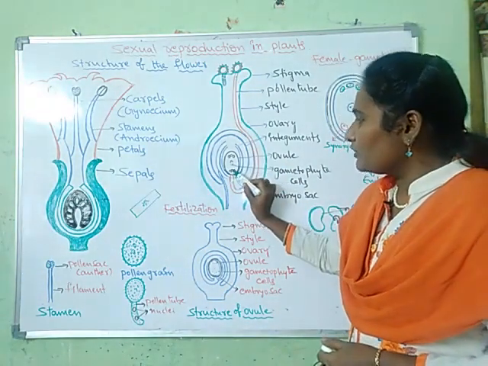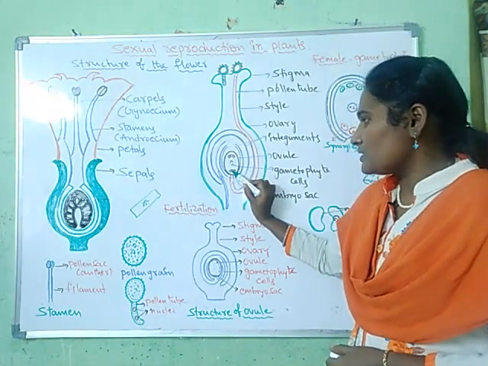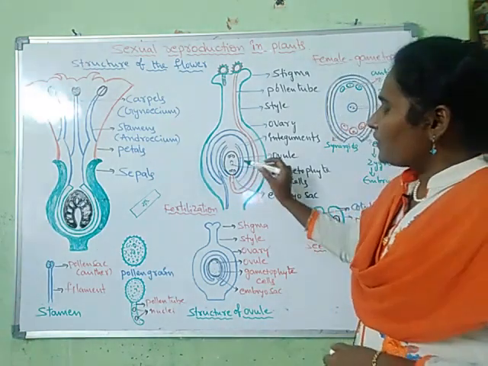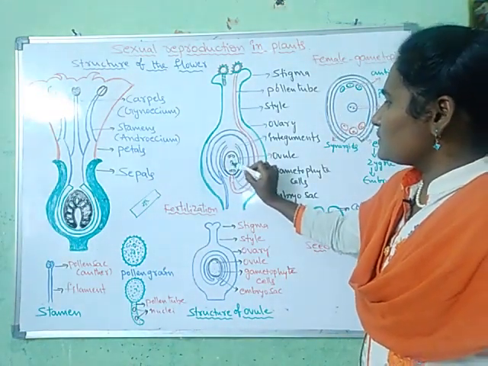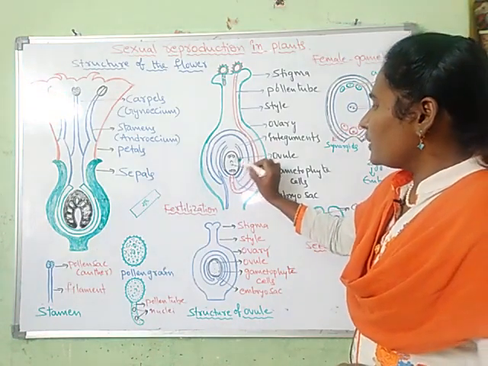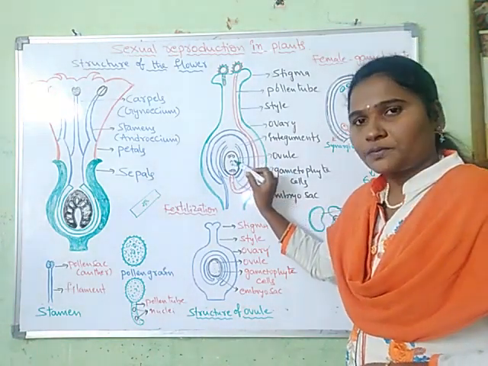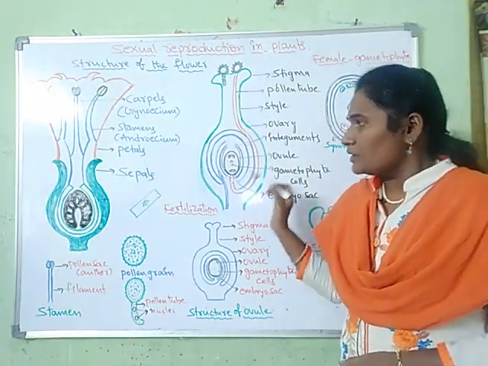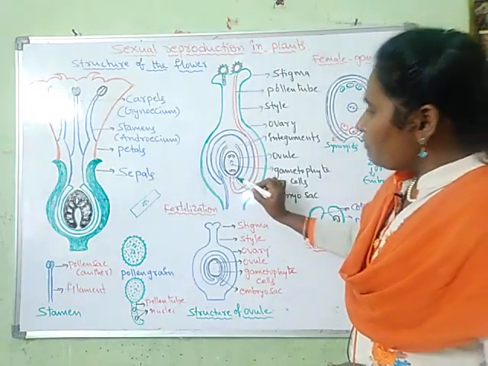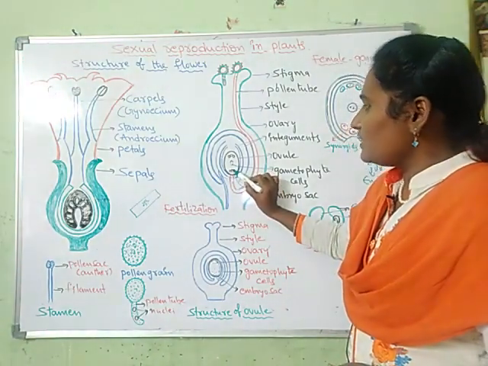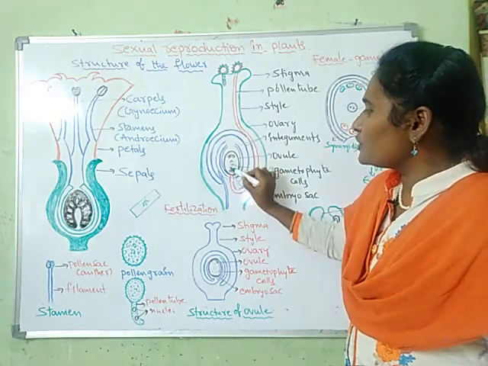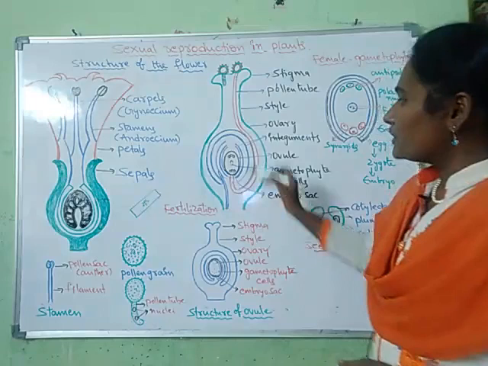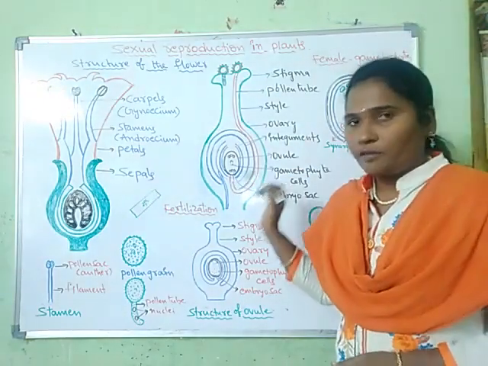So the zygote develops into an embryonic plant within the ovule, and the fertilization of the fusion nucleus stimulates the formation of the endosperm, in which the food materials are stored as the development of the ovule proceeds. Here the union of 1 sperm with the egg cell and the second sperm with the fusion nucleus is called double fertilization. As far as we know, double fertilization takes place only in flowering plants.